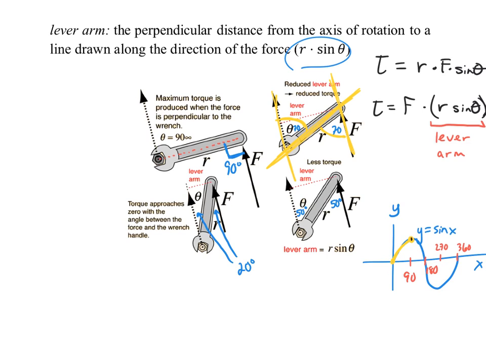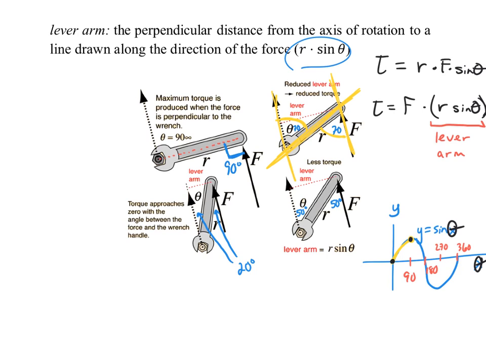Let me use a black dot to show the endpoints. From 0 to 90, the sine function increases. So the biggest we can get the sine of x to be is when x, or theta, you can call this theta, if that makes it easier. When theta is 90 degrees is when we get the most out of our sine function. When theta is 0 degrees, we get nothing out of our sine function because the sine of 0 degrees is 0. So the sine function is an increasing function for the domain from 0 to 90 degrees,